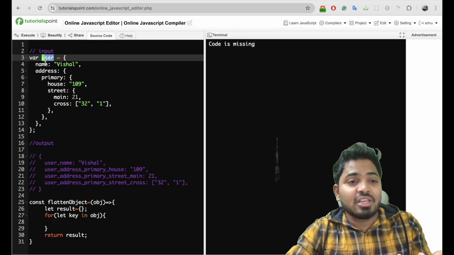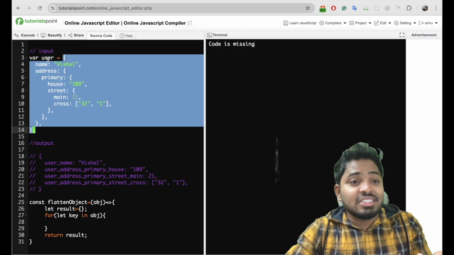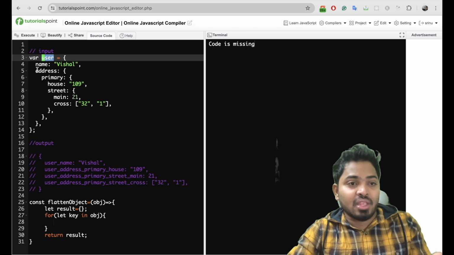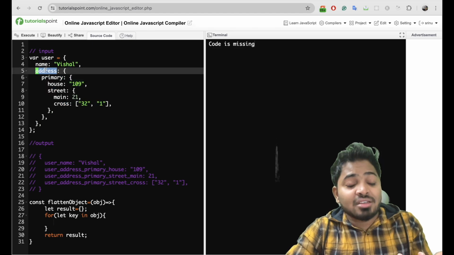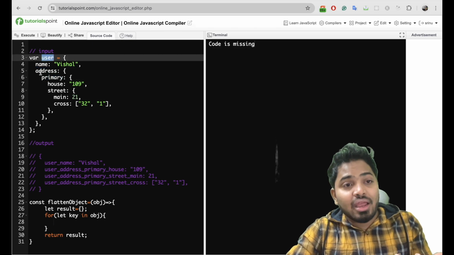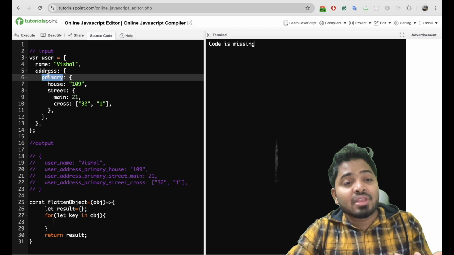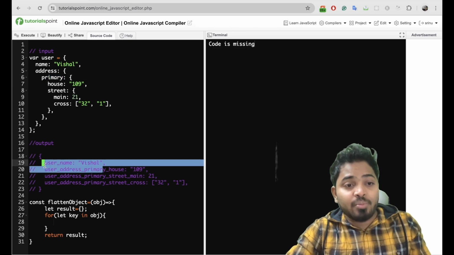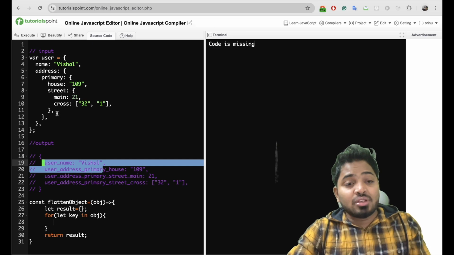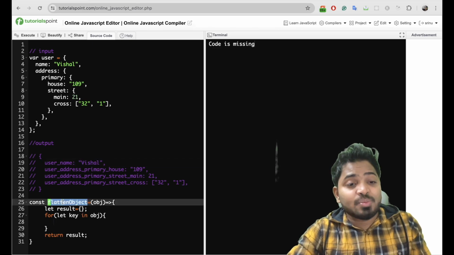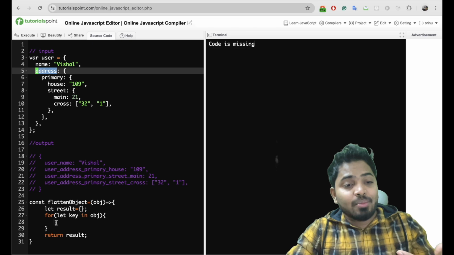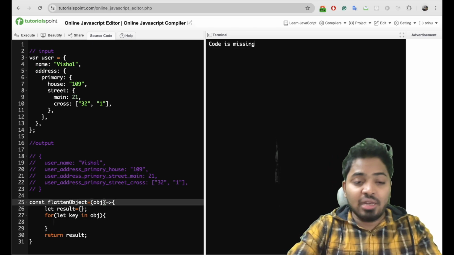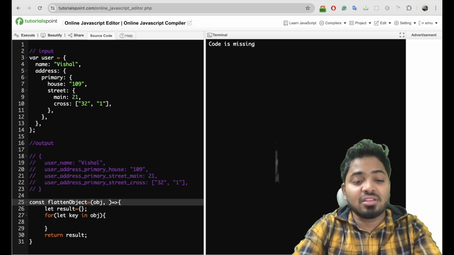If you understand properly, for this whole object, for each and every key, I have to give user, and for this particular object, I have to give user and then address to each and every key within it. And for this object, I have to give user, address and primary for each and every key. So while calling flatten object recursively, I'll have to give my address, right? So I'll be having another parameter,